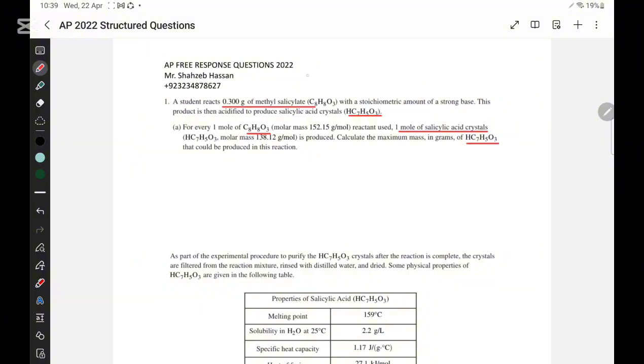So you have methyl salicylate, C8H8O3, and from this you are forming an acid which is having crystals, HC7H5O3. From 1 mole you are forming 1 mole as well, and then they have given you the mass, which is 0.3 gram. First you have to find out the mole of C8H8O3. The mass is how much there? 0.3 divided by molar mass is